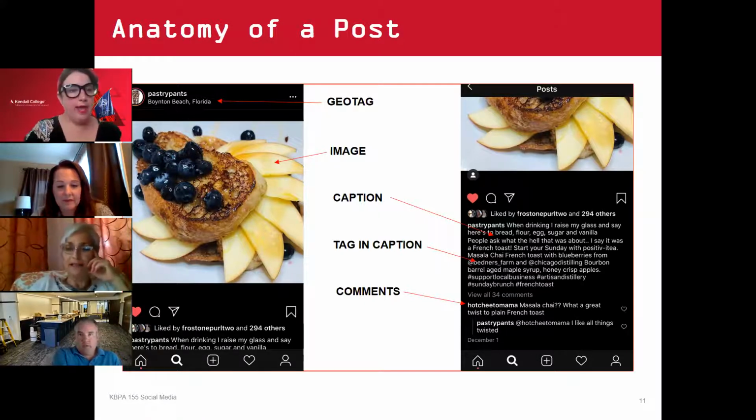Because when I'm looking at Instagram, I can tap on that geotag and it'll show me all the things that have been tagged and tied to that location. It's a really great way to look up the restaurant's offerings right away and see what other people have taken pictures of. I've actually figured out what to order from a place once just by doing that. So it's a really cool resource, and it can be something you can have a lot of fun with. But always try to geotag if you can.